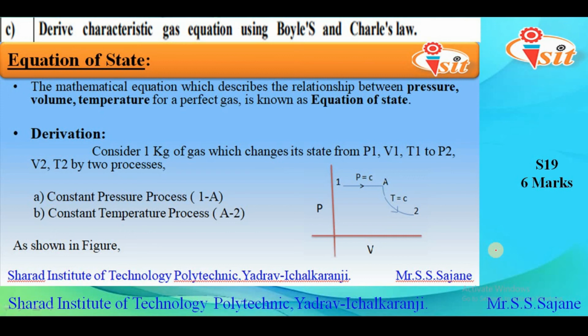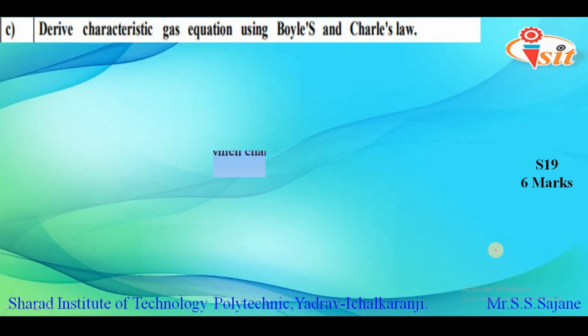So we have considered 2 processes, that is constant pressure process and constant temperature process, and after applying Charles' law and Boyle's law, we have determined the values of VA, which is the common point for both these processes. So after substituting the right hand side of the determined values of VA, we have obtained the equation which is called the equation of state, and this equation is nothing but the ratio of PV by T